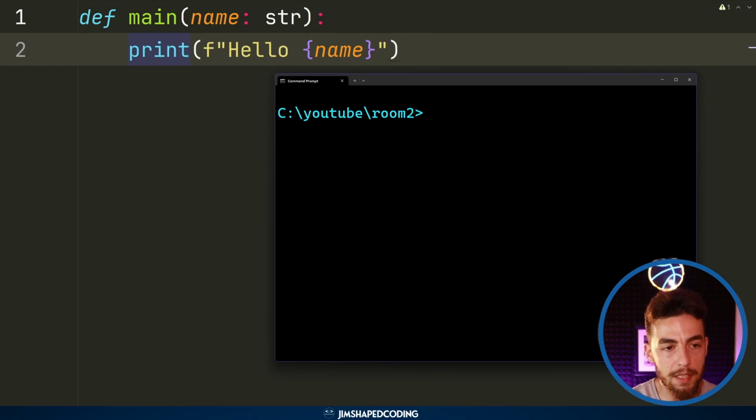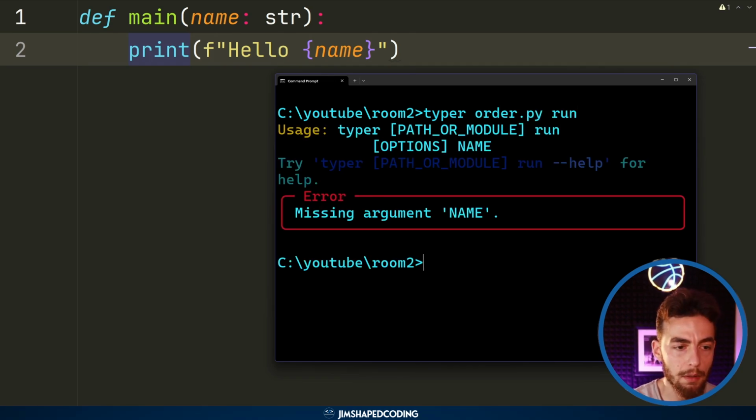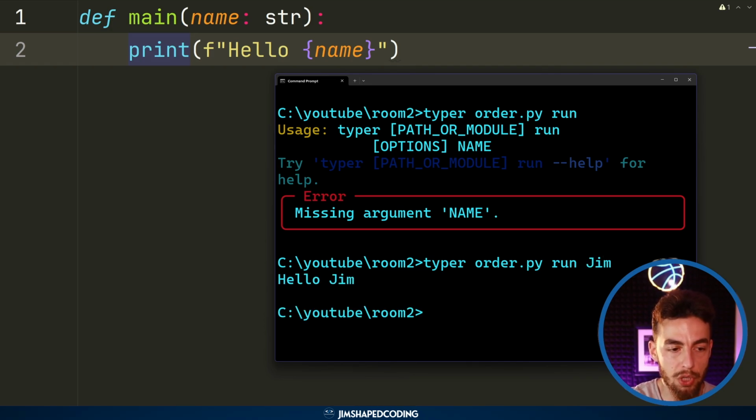So this means that if I go ahead and execute it like the documentation suggests, which is typer, and then the name of the file, in my case this is order.py run, then it is going to complain how the name argument is missing. Now this means that I have to pass in the argument right after I execute the program. So if I was to say typer order.py run and then pass an argument of Jim, then it is going